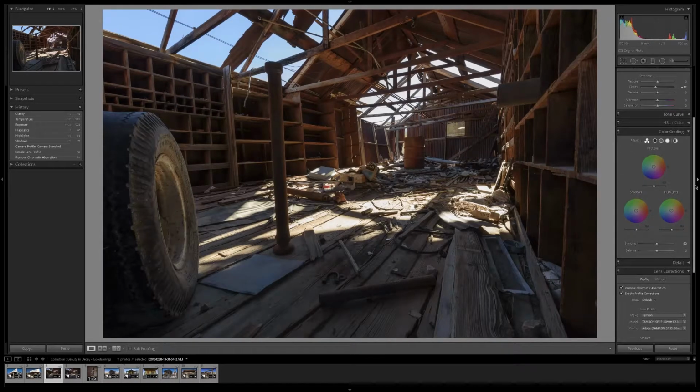Next, I want to do more of a fine-tune, sort of granular adjustment of the colors in the image. And to do that, I'm going to use color grading. Now in the color grading panel, it allows you to adjust the highlights, shadows, and midtones, the sort of coloration of those tones in the image,